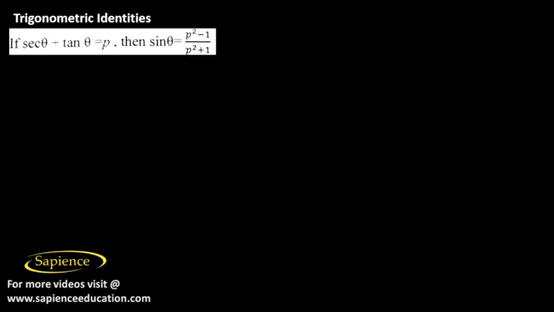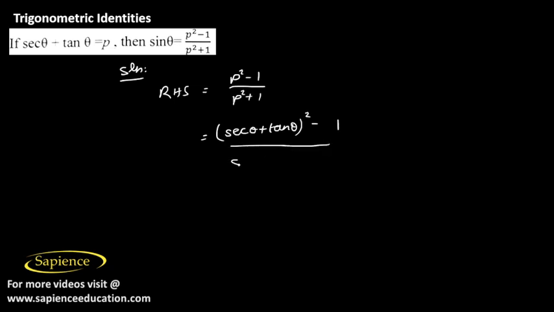Now the next question is also similar to the previous one. Here we need to prove sin theta is equal to (p square minus 1) divided by (p square plus 1). Again we will simplify the right hand side. The right hand side is (p square minus 1) divided by (p square plus 1). Instead of p we will substitute secant theta plus tan theta, whole square minus 1, divided by (secant theta plus tan theta)